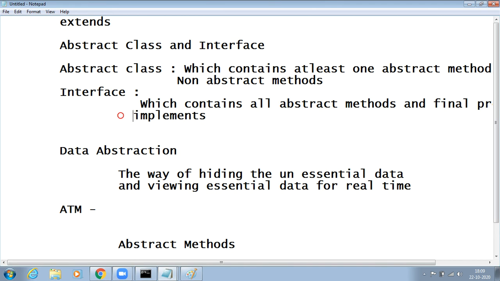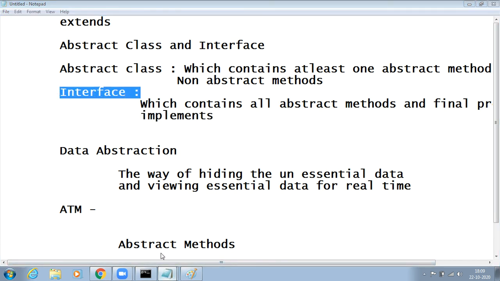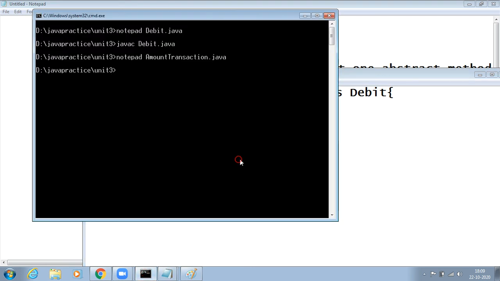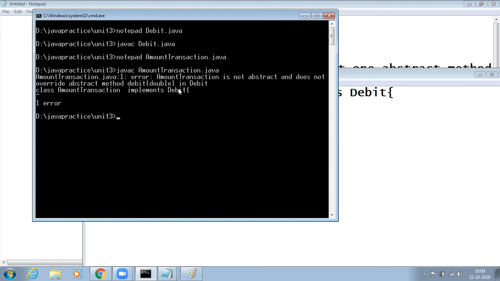Whenever you want to use a parent class which is of interface type, then you have to use the keyword called implements. That's it, remaining all same. Implements, what is that? Debit. Done. When you try to compile this again, javac AmountTransaction.java, it shows me an error